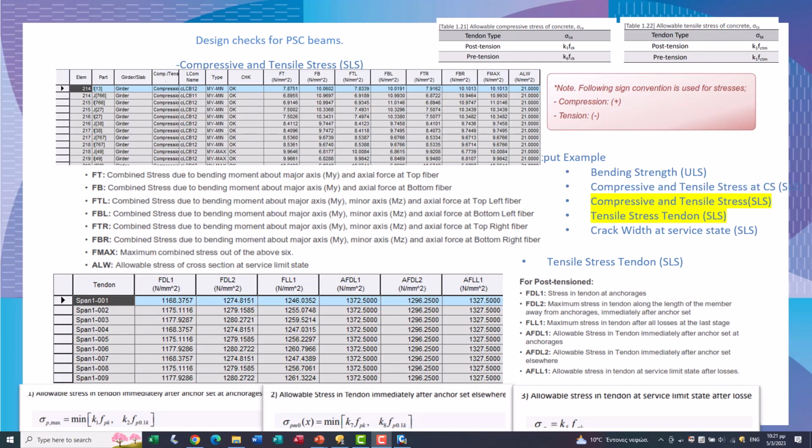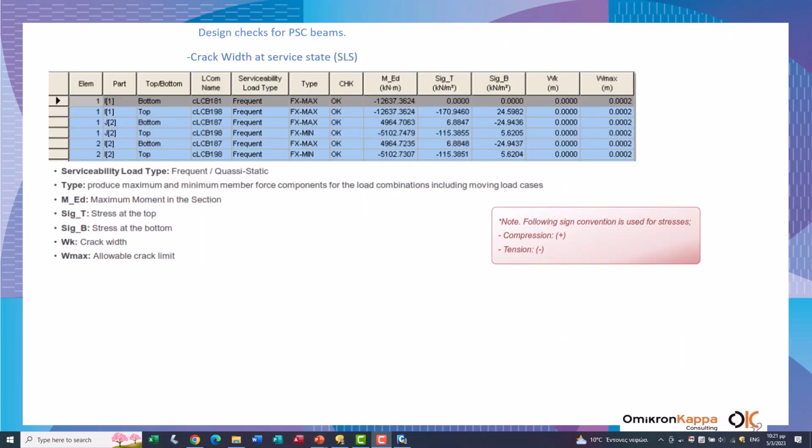And after all losses, maximum tendon stress should be less than allowable stresses. Here we can see that the stresses are satisfied, and also at the serviceability limit state we have the crack width check, which should be less than 0.0 millimeters.